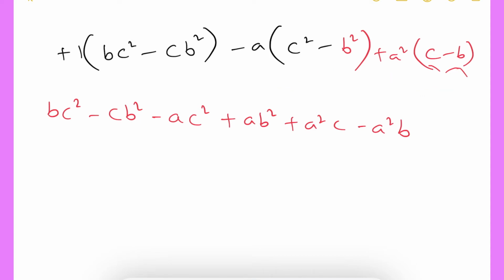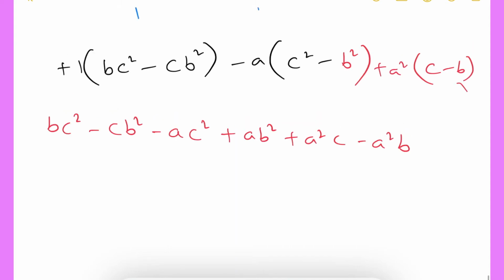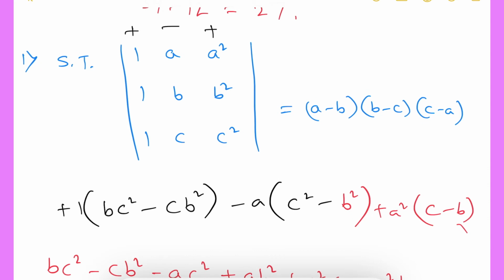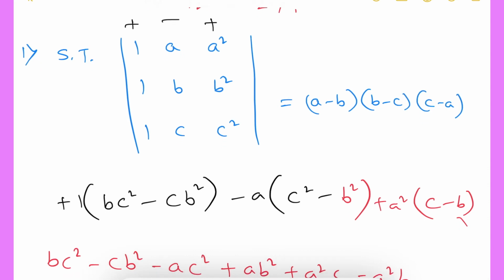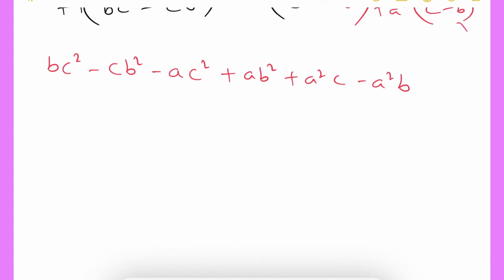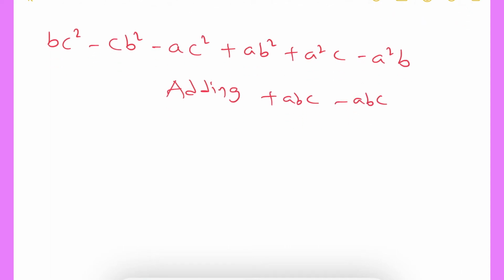if we observe the RHS clearly, what we need to get in that RHS? In the RHS, we need to get A minus B into B minus C into C minus A. If we multiply all these numbers, A into B, it is AB, AB into C, ABC. So definitely in the LHS also we need to get one term which is ABC. But in this we don't have any ABC, so what I will do is add plus ABC minus ABC. For whatever answer we got, I will add ABC and I will subtract ABC.